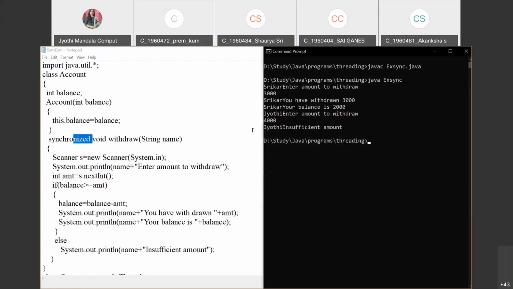Okay, so I'm executing Java. I think the name is SyncEXM. If I'm not wrong, yes. Now in that case, it will ask one customer to enter the value, and if a sufficient amount of balance is available, then it will perform the withdraw option, right? I think there is a problem with my system.